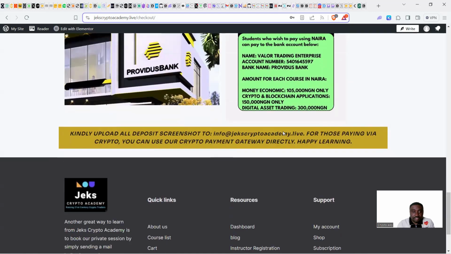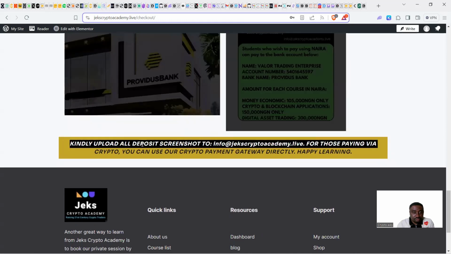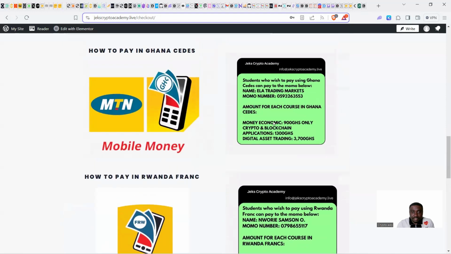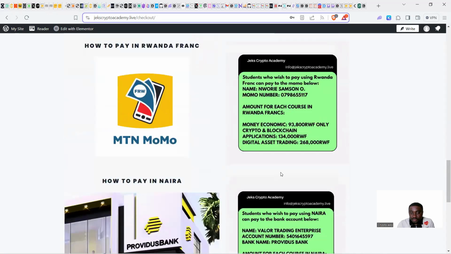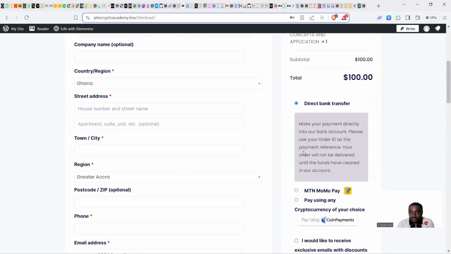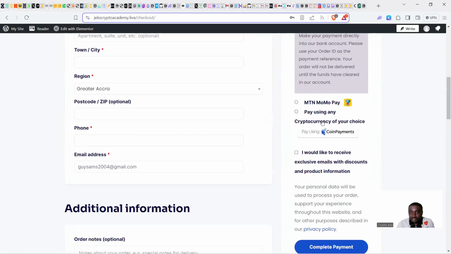All right. But one thing is very important. You must make sure you read this carefully. It says kindly upload all deposit screenshots to info@jekscryptoacademy.live. Okay, so when you make your deposit using any of these payment options, these Momo options, all right, and even this direct bank option, okay, once you make, apart from the coins payment,